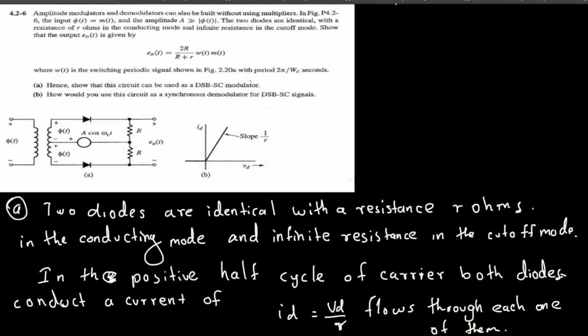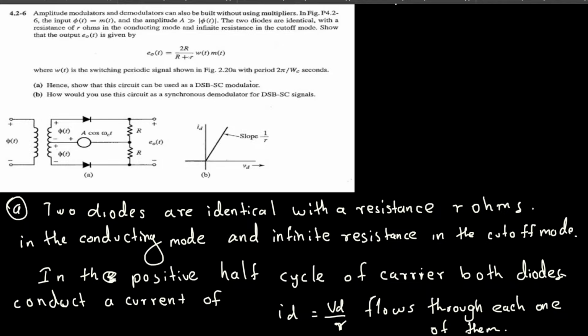The question is, amplitude modulators and demodulators can also be built without using multipliers. In figure 4.26, the input phi of t is equal to m of t, and the amplitude A is much greater than phi of t. The two diodes are identical with a resistance of R ohms in the conducting mode and infinite resistance in the cutoff mode, so that the output E naught of t is given by